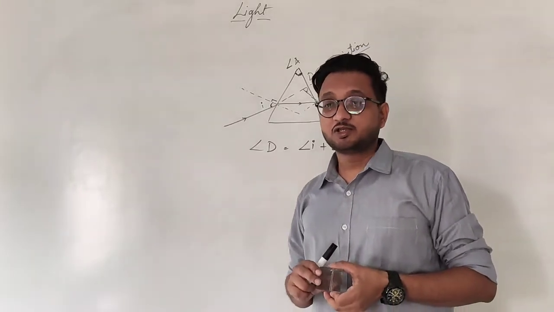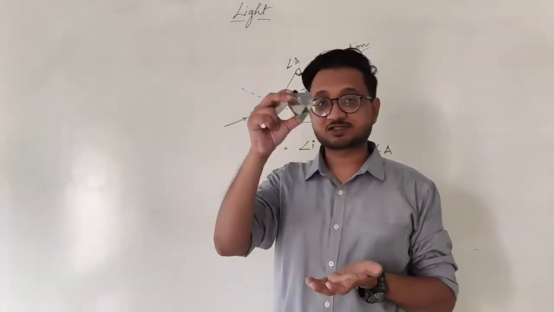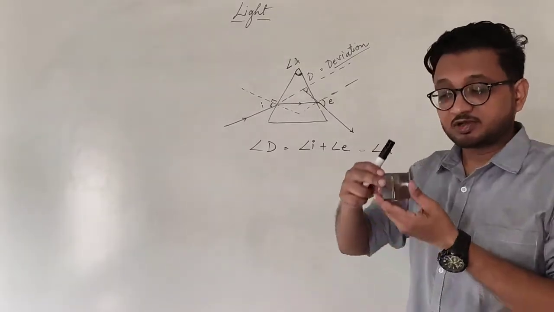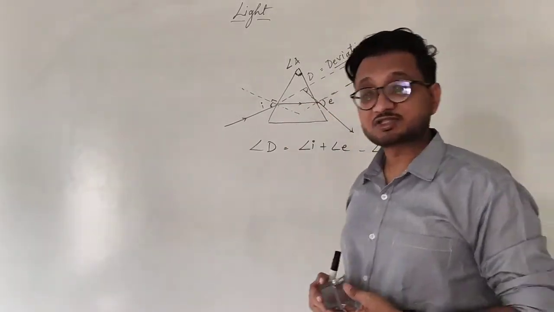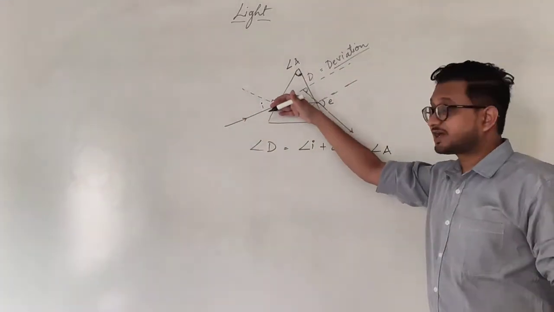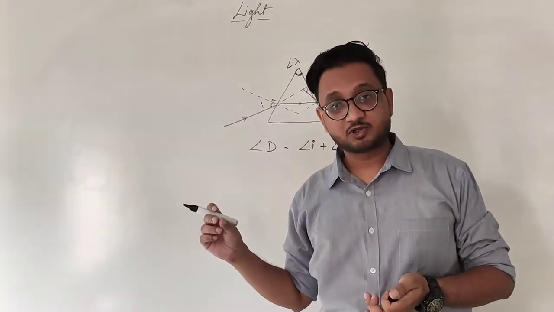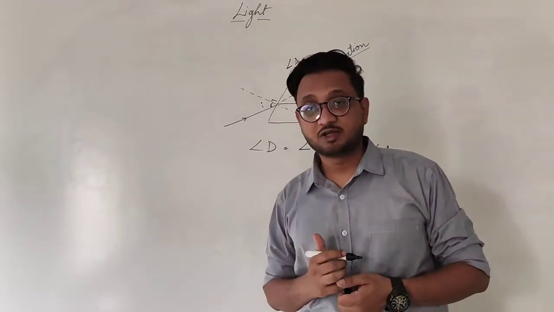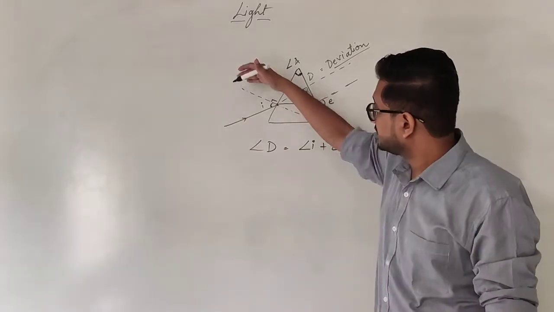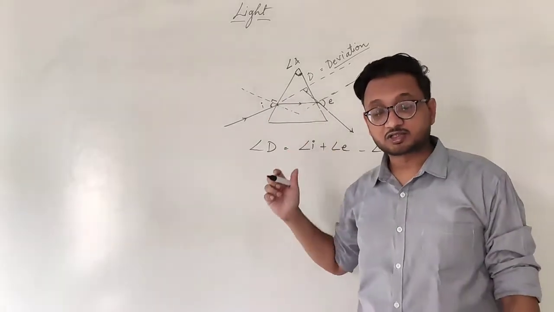So what you do is, you place the glass prism like this on a white sheet of paper, and you draw the shape of the prism on the borders like this. You draw the shape of the prism. Then you draw the normal on that paper as well. First, after drawing the borders of the prism, you remove the prism, so that it is easier for you to draw the other things. Select a point on this prism and, using a protractor, you can draw a normal, a dotted line.